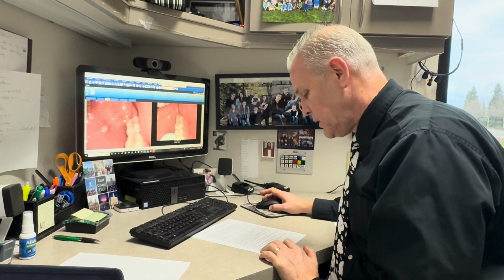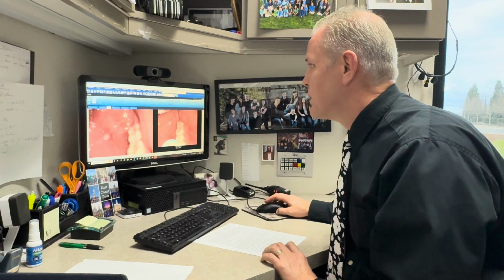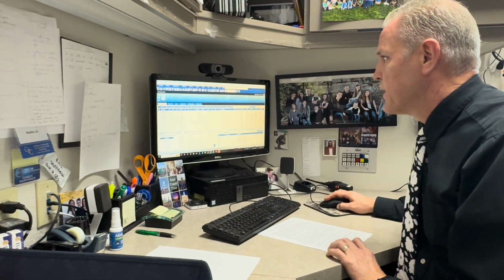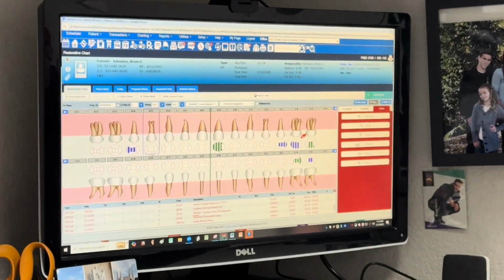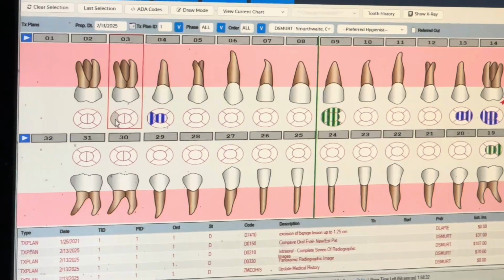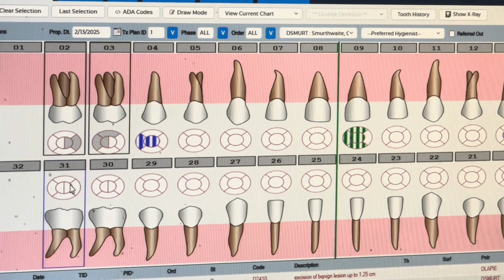And then number 15, there's many, many more, but I'm just throwing 15 to actually stimulate your positive mind. Those of you who are struggling to go through the transition to Denticon, multiple spots on filling grid on the chart. So this is if you're going to treatment plan, okay, you have these little spots right here. On tooth number 3, if you zoom in, you can see there's 6 spots. But if you click, you can click that, then you can click on number 2, then you can click 30,